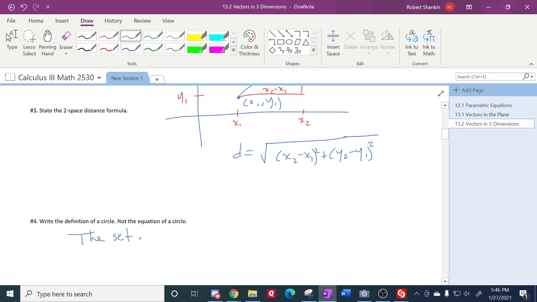The set of all points. Now here would be an important little phrase, in a plane. If you leave out this in a plane, you're going to wind up getting a sphere instead of a circle. The set of all points in a plane,